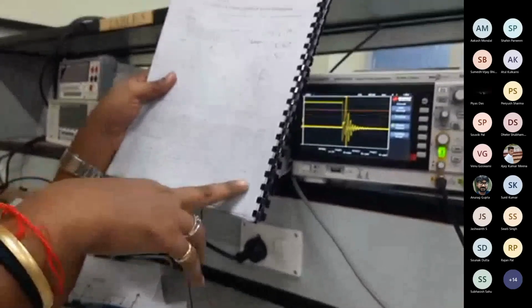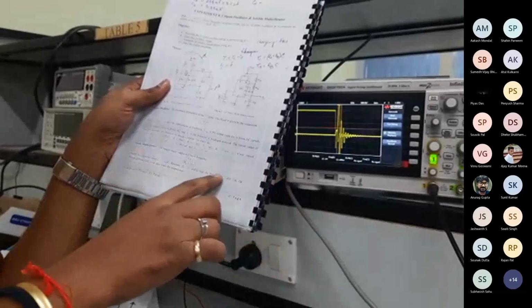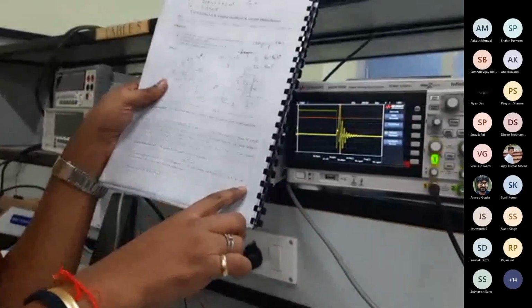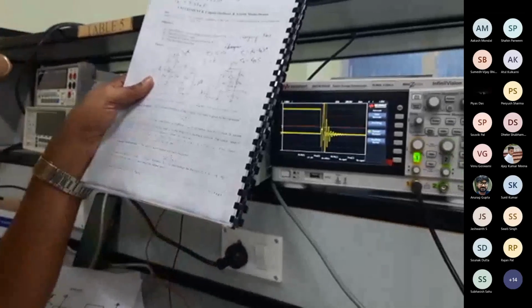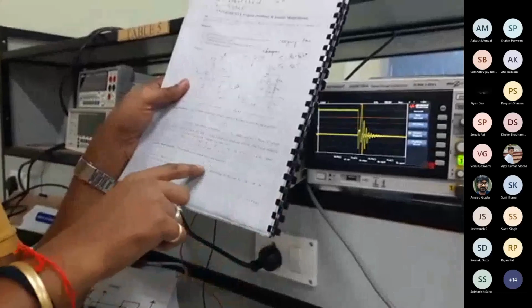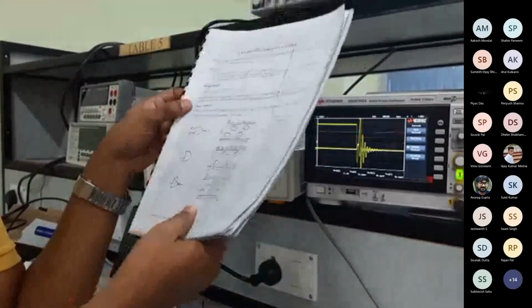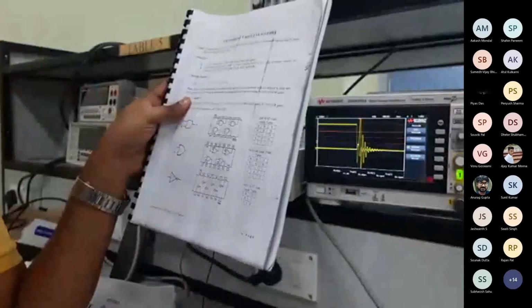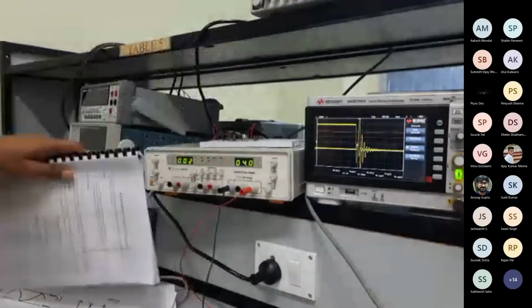And in the experiment, for the different duty cycles, we can trace the output for different values of RB. Here it is 3.3K, 10K, 18K. So RB is different, so the duty cycle will be different. The frequency is inversely proportional, and the duty cycle is proportional to RB. High RB, high duty cycle. So the experiment is actually done, the demonstration part is done.